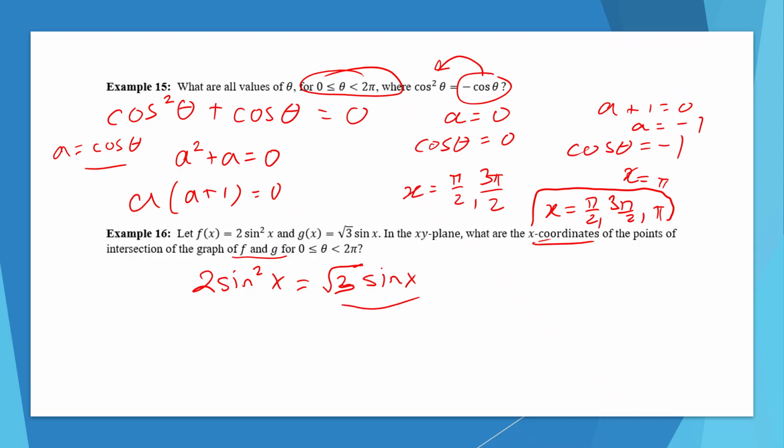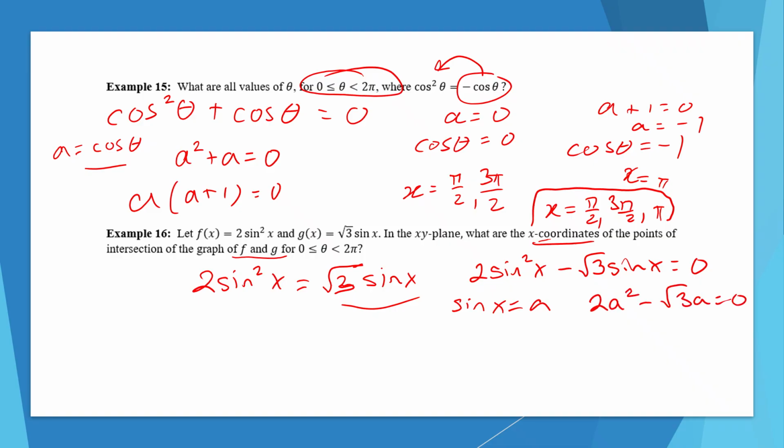I'm going to subtract this from both sides to get 2 sine squared x minus root 3 sine x equals 0. And then use the A method, so sine x equals A. Once we have that, then we have 2A squared minus root 3 A equals 0. We can factor out an A here